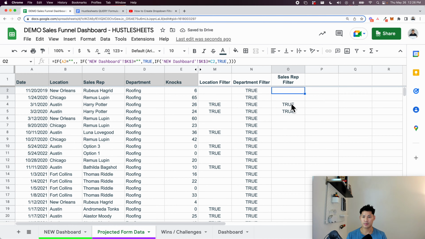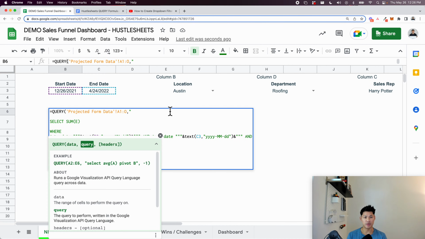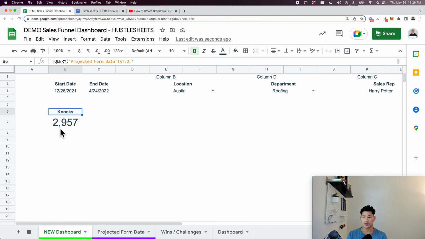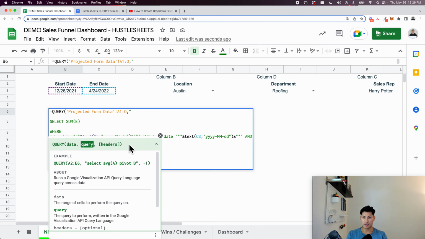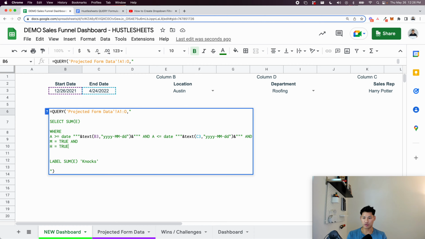Sales rep, K3, oh, okay. So this part works fine, the back end works fine, but I forgot to add it into here. So all I have so far is where M equals true, right? I need it to be showing where M, N, and O are true, because I'm only showing the rows now where all three are true, right? So if I go back here, I just put in and then I say H equals true and K equals